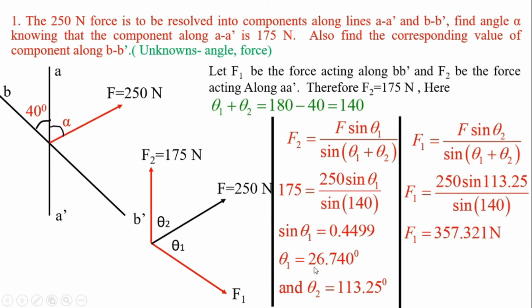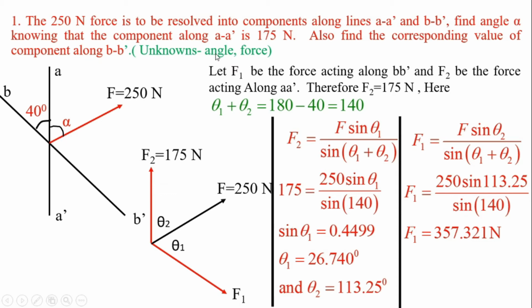equal to sin inverse of 0.4499, which is equal to 26.740 degrees, and thus theta 1 is known. And once theta 1 is known, you can calculate theta 2, that is angle alpha in the given problem. Theta 2 in the modified figure. Theta 2 is equal to 140 minus theta 1, which is equal to 113.25, and thus one unknown is known